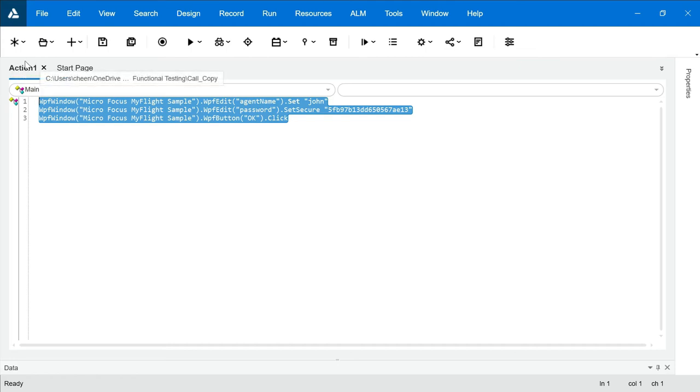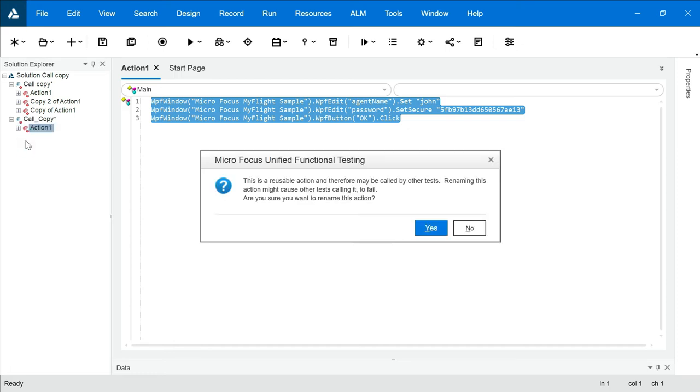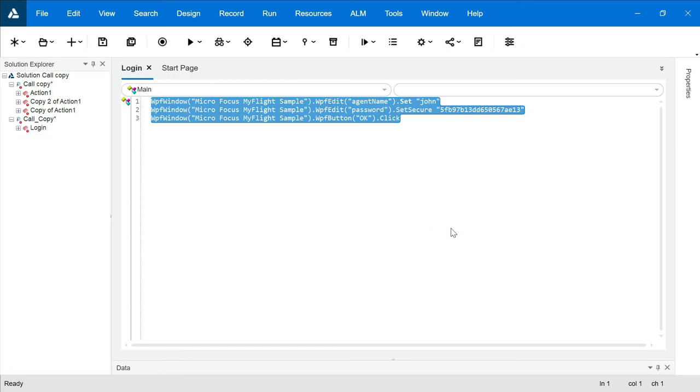Guys, in our previous video, we understood how to rename your actions. If you have not seen that, I suggest you go ahead and watch that video first. So we can rename this action. In order to rename it, first of all, we'll open Solution Explorer. So we'll go to View, Solution Explorer, and here we have it. Right click on it, rename. Let's say I'm renaming it as login. Here, you click on yes, and that's it.